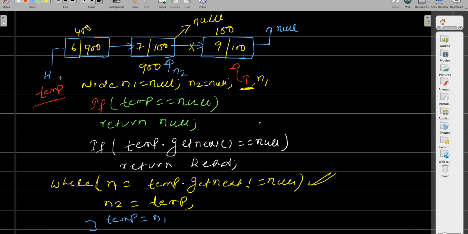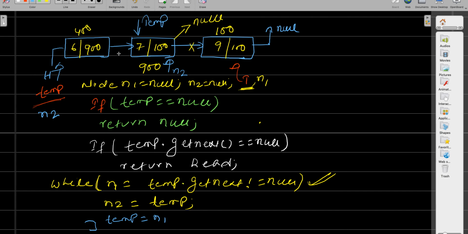So temp, which in the beginning was pointing to the head. When I say getNext, temp will come here, right? After the first loop, it is not null. So your n2 = temp, so your n2 will be here. And temp = n1, because when you are running a while loop, you need to refresh this temp.